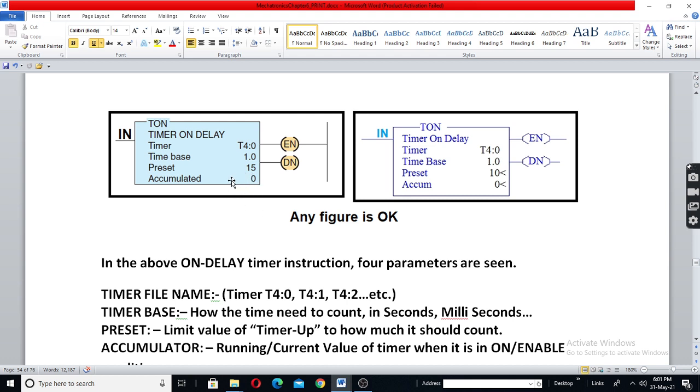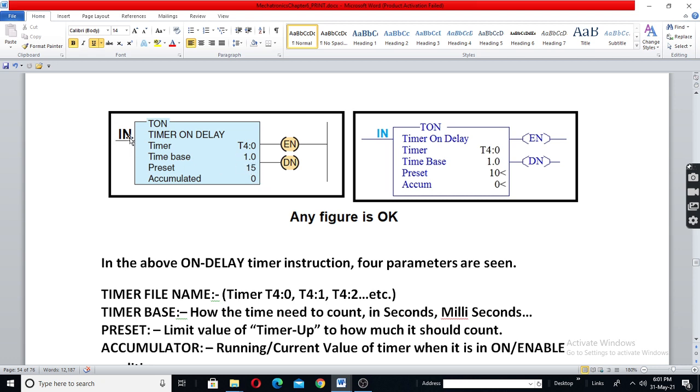Then as soon as it goes to run mode, if the input is high, then only it will count, else it will not count. It will not begin its count from 0 to 15.